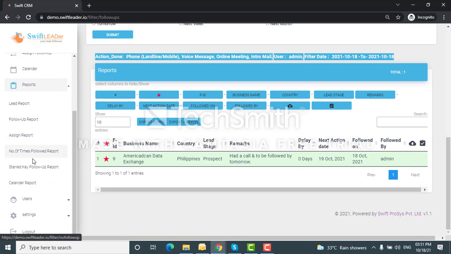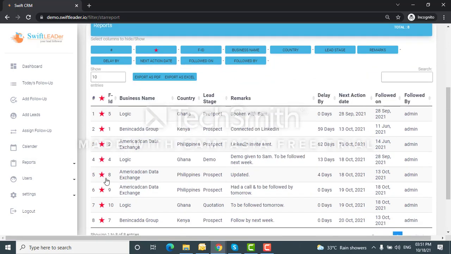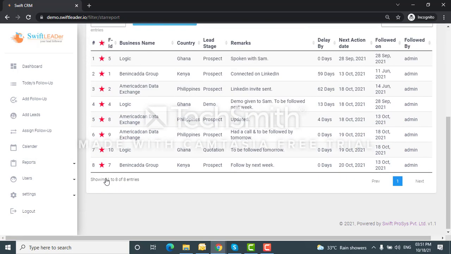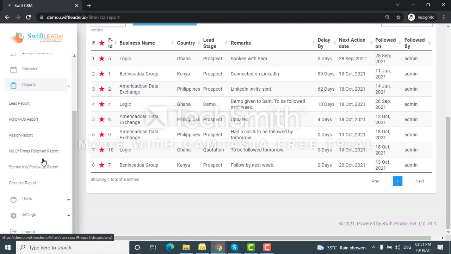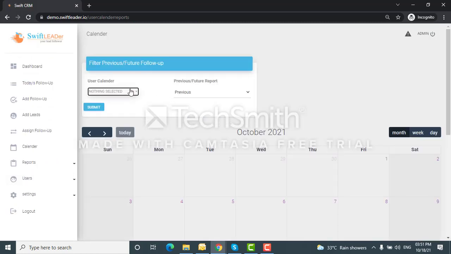Same way, the assigned report and the starred key follow-up report, which are the star marked between dates, the important calls we have made, can be fetched over here. Even the calendar report is also available, like user wise, previous and future.